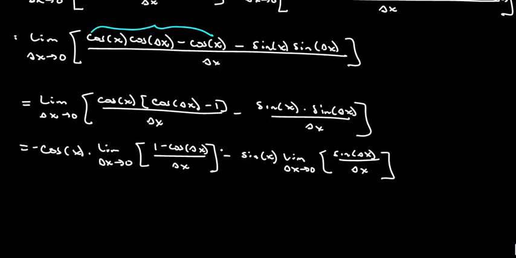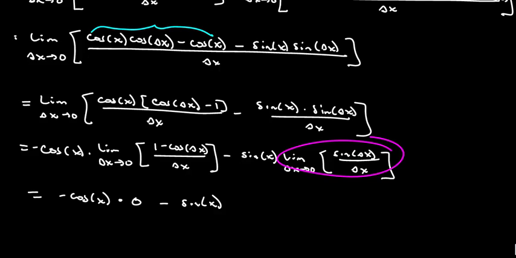And so this guy we know, that guy right there is 0. So what I have is negative cosine x times 0 minus, now this is going to be sine x, and we know that this guy right here is equal to 1. So we're going to plug that in, times 1, and so this ends up just being negative